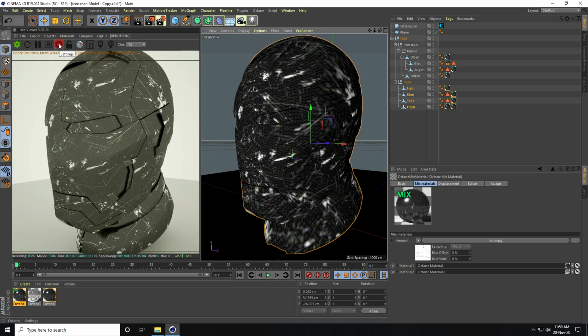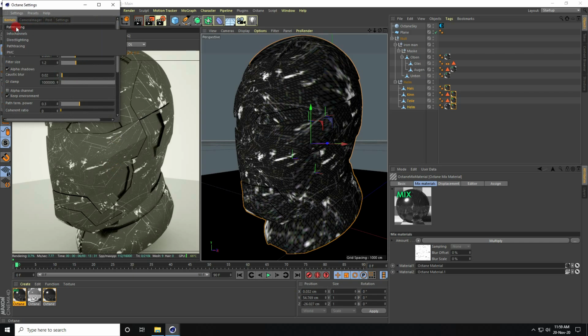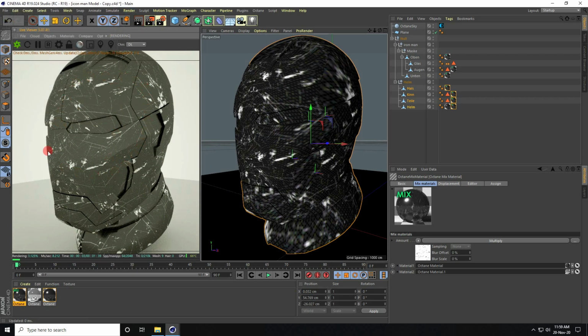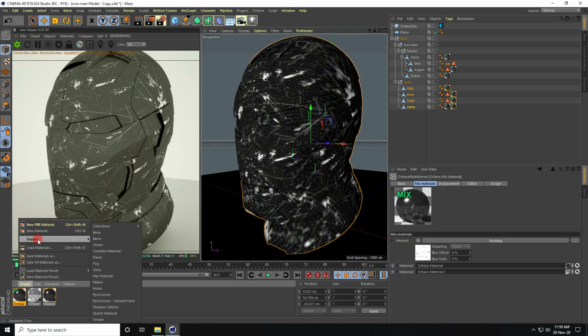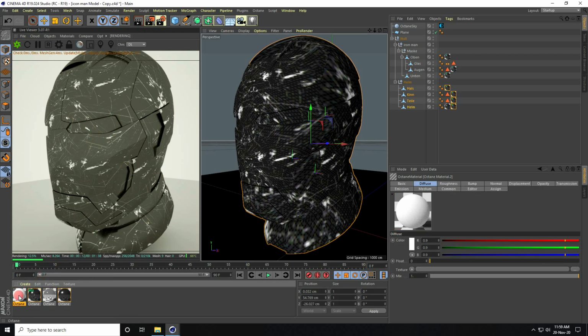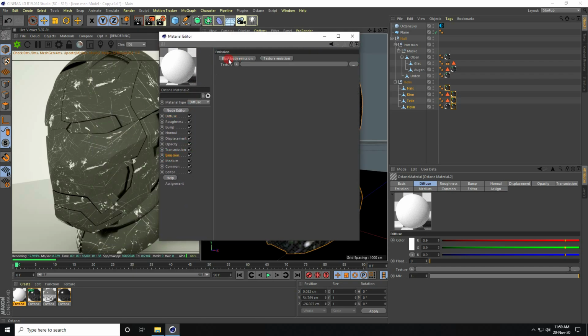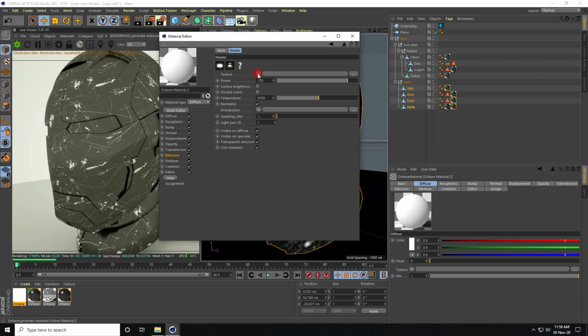And go to render setting, and use direct lighting, and yeah, all is good. See, it's really good, right? Okay, so now I create glass effect. So glass material, and create new octane material, open, and emission, and black body emission check.